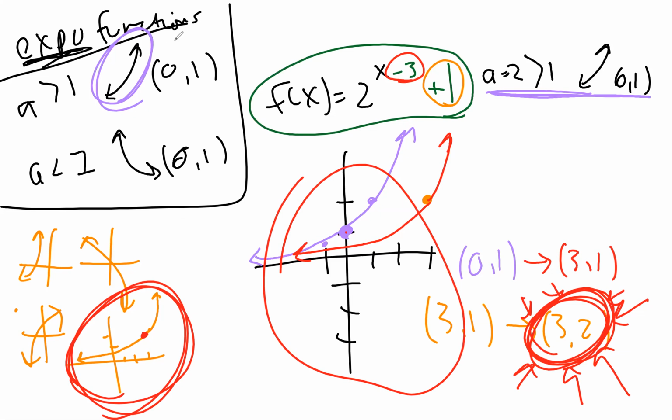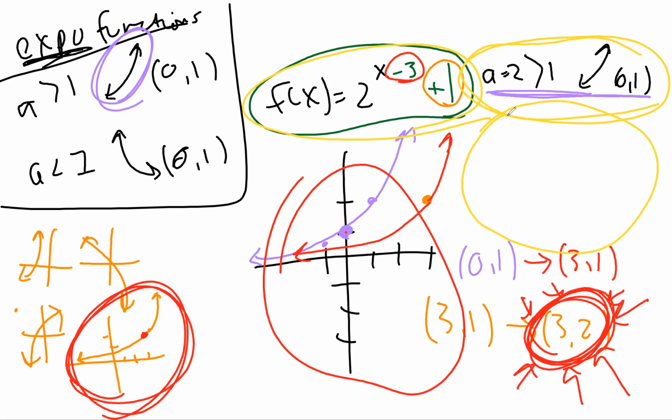Yeah, so let's pretend this was the exam. What I'm about to circle in yellow is exactly what I would like to see on your paper. Obviously, I need you to write the equation so I know what I'm looking for. I would like to see this so that I know that you know the rules, so to speak. All that work that we had right here in words, up, down, left, right, make sure you do that for me. So this was right 3, up 1, and then this point, because if you start at 0, 1 and you go right 3 and up 1, you're going to be at this point. Everything circled in yellow is what I would like to see.